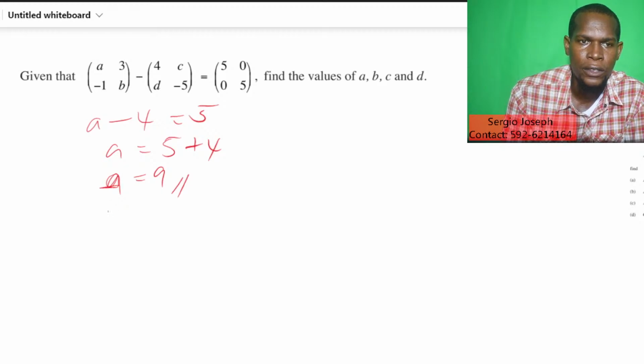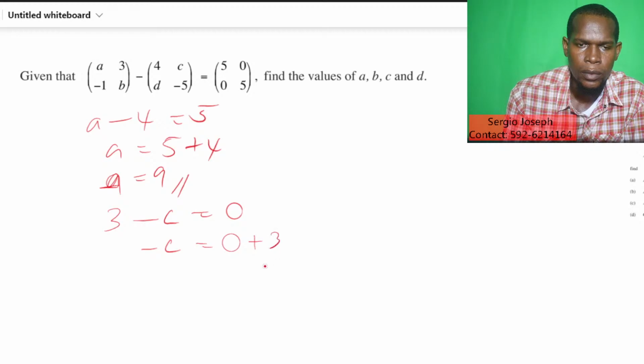Notice we have 3 minus C is equal to 0. Likewise, making C the subject of the formula, carrying the 3 over, it becomes 0 minus 3. So minus C is equal to minus 3. And therefore C